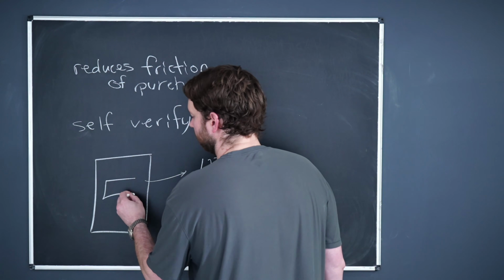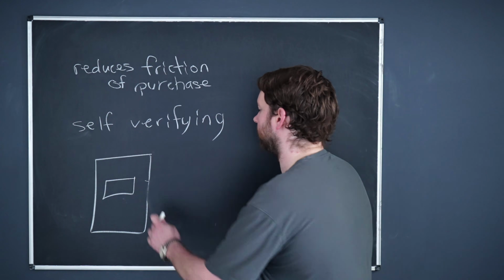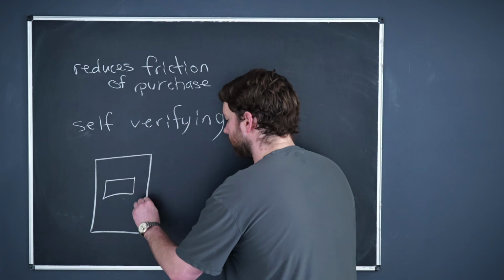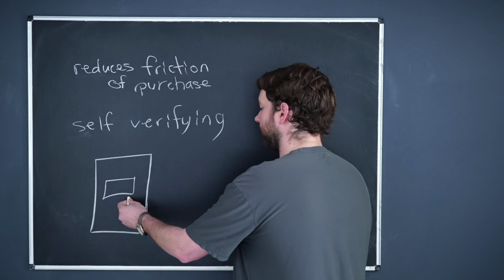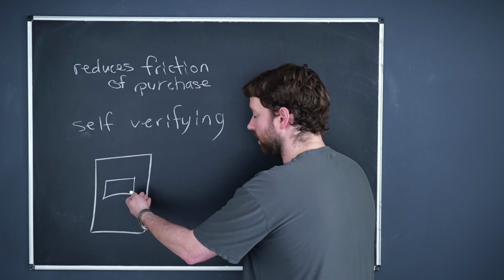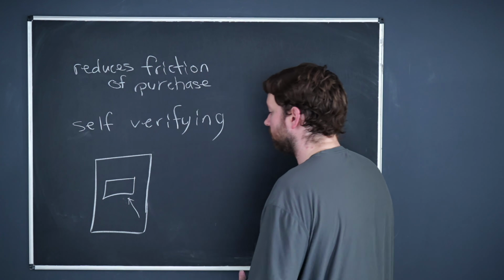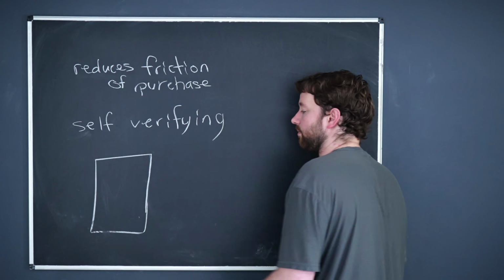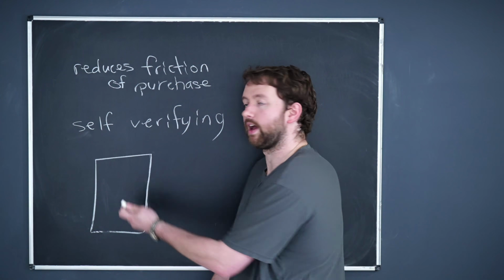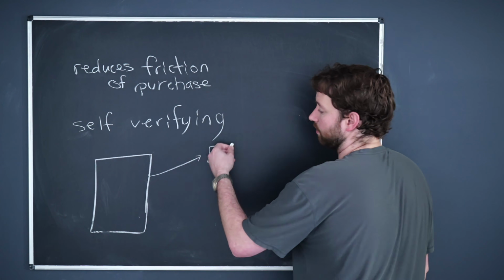And that's what they put in the form, which is the lead magnet itself. Once they put in that 6-digit code, well, we know they have access to their email. So if they get through that input, their email is verified. And then all we do is delete that modal for them to put in their 6-digit code, and they have access to the content. Now you could send them an email with the link if they want to access it later,